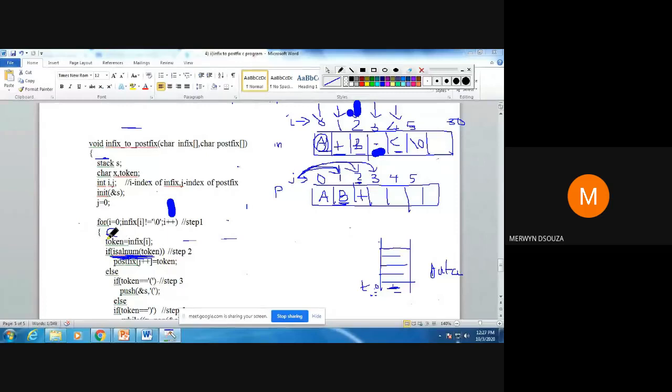It is true, it's an alphabet. So this line will be executed. You will put C in the output and increment the value of J. J will become equal to 4. Then again the else part will not be executed.